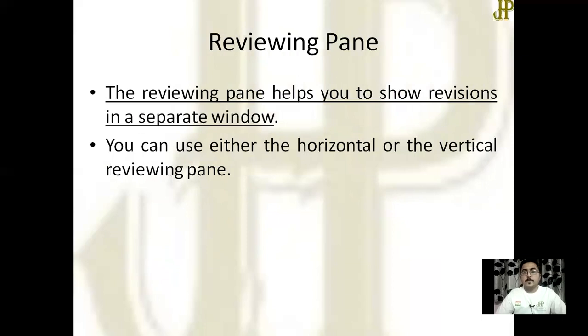Next one is the Reviewing Pane. The Reviewing Pane helps you show revisions in a separate window. Revision can be done in the same window, in the same document, or in a separate window, whatever you want. Okay?